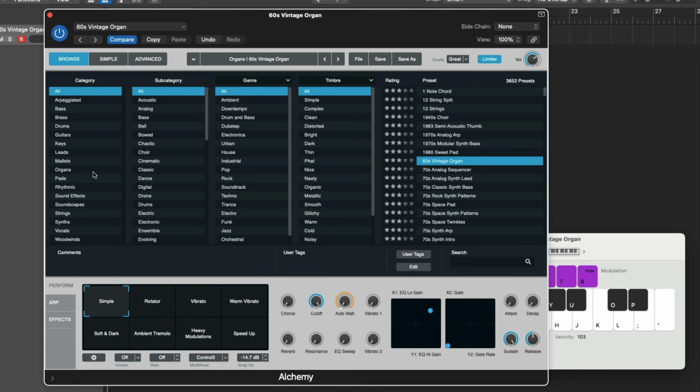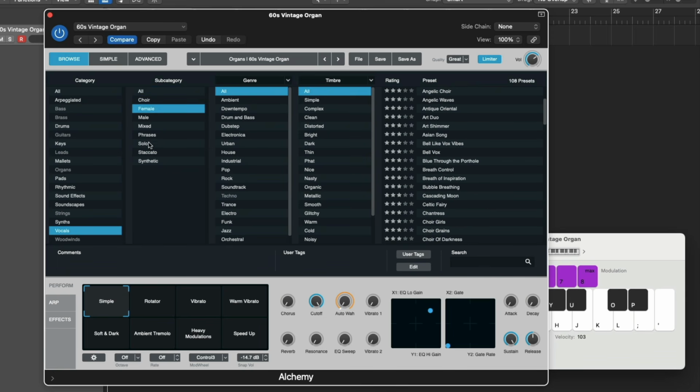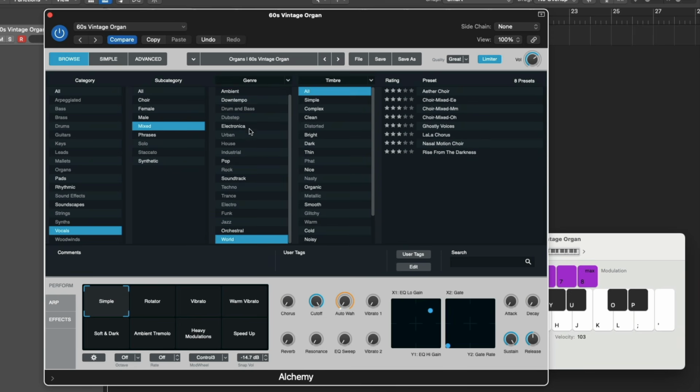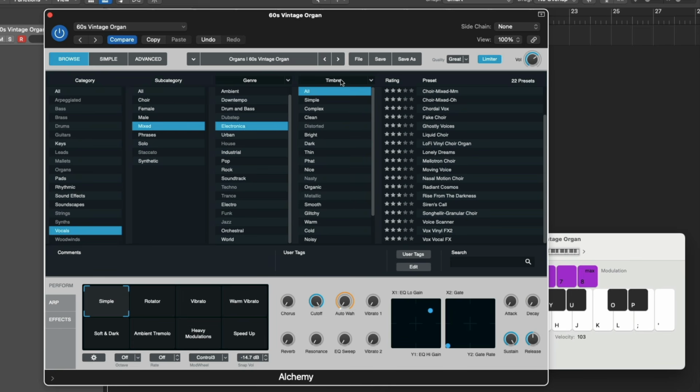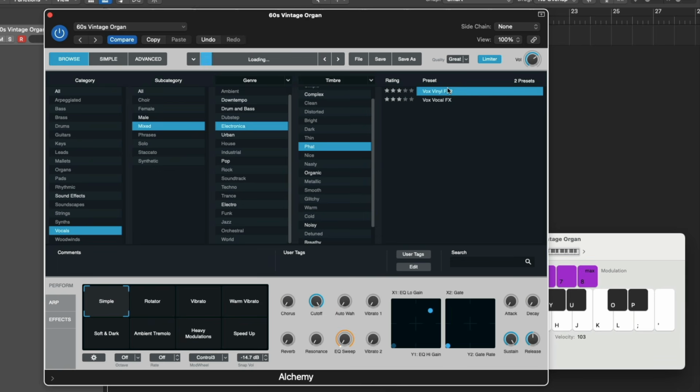From there, you can narrow down the presets based on 4 different categories across the interface, starting with category. So basically choosing between various different instrument types, such as brass or drums, soundscapes, or even vocals. You can further narrow down the presets based on subcategory. So in this case, we could choose between female or mixed. We also have genre. So if you're looking for something that maybe fits an orchestral arrangement or a world instrument, or something else entirely. And lastly, we have timbre. So if you're looking for something maybe kind of muted, that's not too aggressive, or you're looking for something that's nice and fat. If we take a listen,